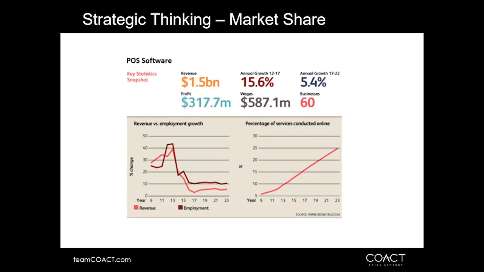This one happens to be point of sale software. Some of you that are out there in the technology sector, very hot sector. You can see a little bit on the graph, like 13, if you follow the red line. We're talking about 20, 30, 40% growth, percent change over the previous periods. Now, you see decline in growth. That's not necessarily, they're not declining, they're growing, but they're only growing at 10% the last year instead of 30